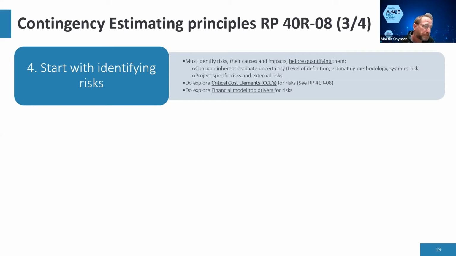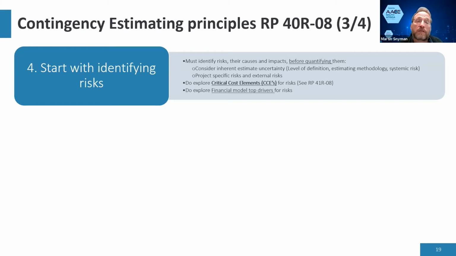And things like that. There is a concept of critical cost elements that's discussed in one of the RPs. I'm not going to really get into it. It's sort of related to a Pareto analysis, but Pareto looks at the ranking of the items in terms of total value, whereas critical cost elements are interested in the ranking due to variability. So you're looking at the items which will, by their variability, have the biggest impact on the total cost of the project. Total cost, we're talking about CapEx,